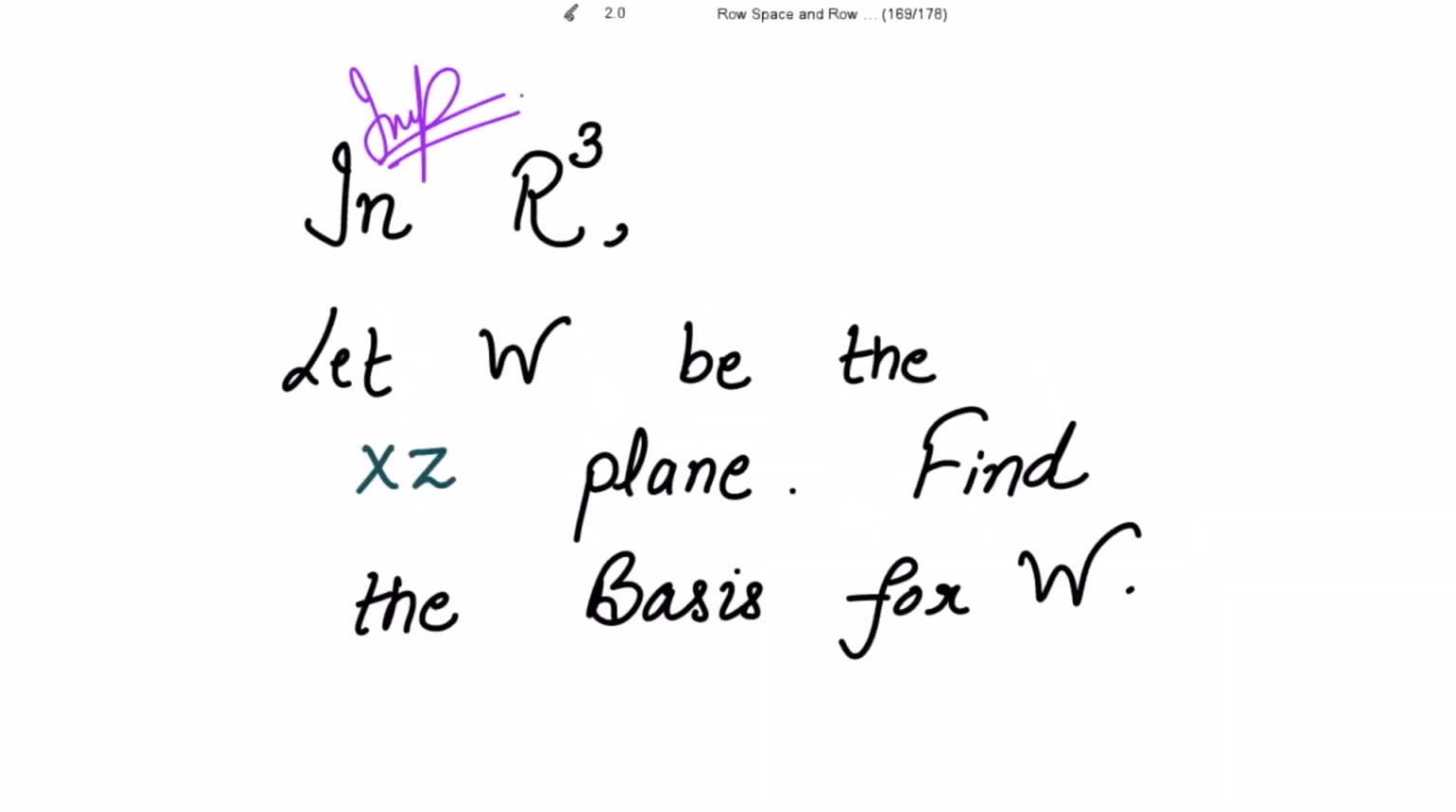Morning. This is a very important example. In three-dimensional vector space of real numbers, let W be the xz plane, and we have to find the basis